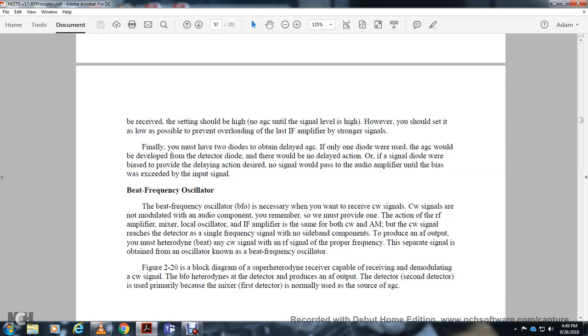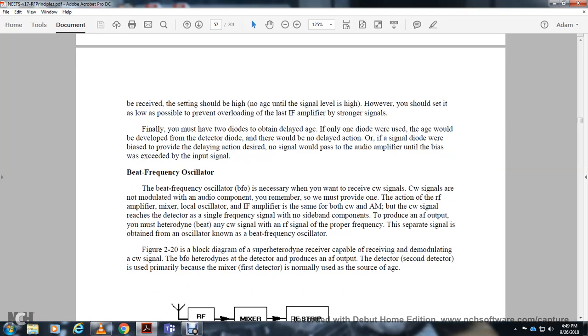The continuous wave signal reaches the detector at signal frequency, with no sidebands or audio component to produce the audio frequency output. The most common method is to heterodyne, or beat, the continuous wave signal with a radio frequency signal of the proper frequency. That signal is obtained with an oscillator known as the beat frequency oscillator. Figure 220 is the block diagram of a superheterodyne receiver capable of receiving modulated continuous wave,